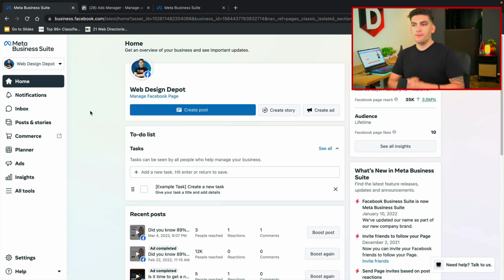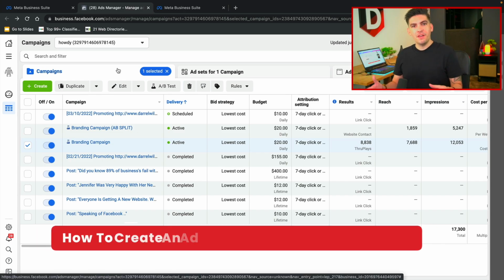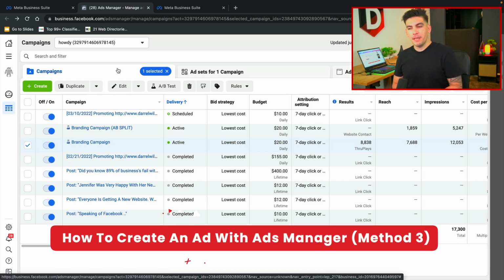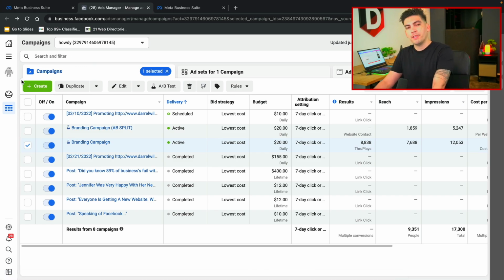So now that we talked about this, let's go ahead and move on to the next section and talk about the Ads Manager. All right, welcome to the Ads Manager section of this video. In this part of the video, I'll be explaining all the differences between campaigns, ad sets, and ads. We'll go ahead and create an ad, and I'll walk you guys through the different ads and the different types of goals. Now, let's first go ahead and just talk about the interface. Again, this interface might change in 3 months from now, and if it does, my bad. That's just what Facebook does.